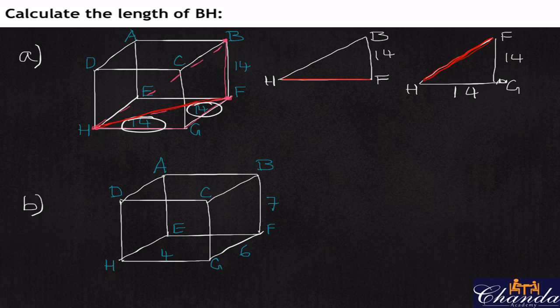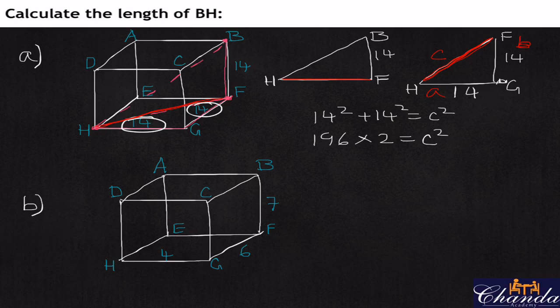So let's say that is A, that is B, and that can be C. Okay, so we have 14 squared plus 14 squared is equal to c squared. 14 squared gives me 196, plus 14 squared is simply times 2, which is equal to c squared. 196 times 2 is simply 392, equals c squared. So c is equal to the square root of 392, which gives me approximately